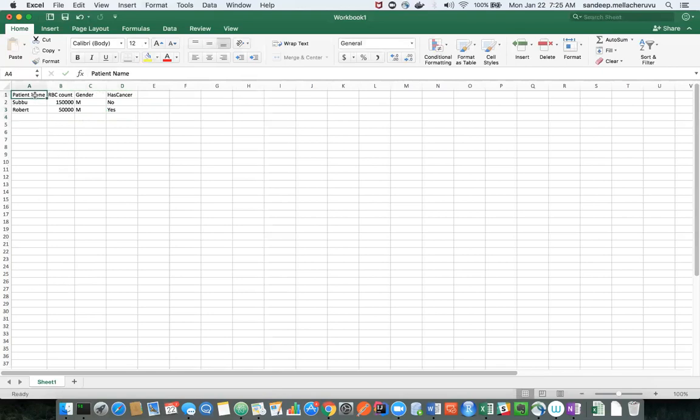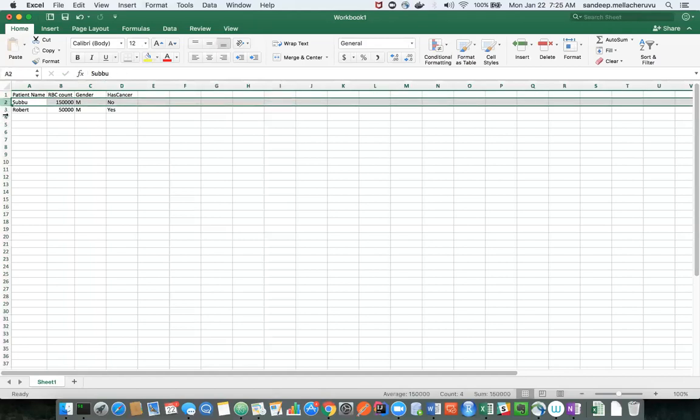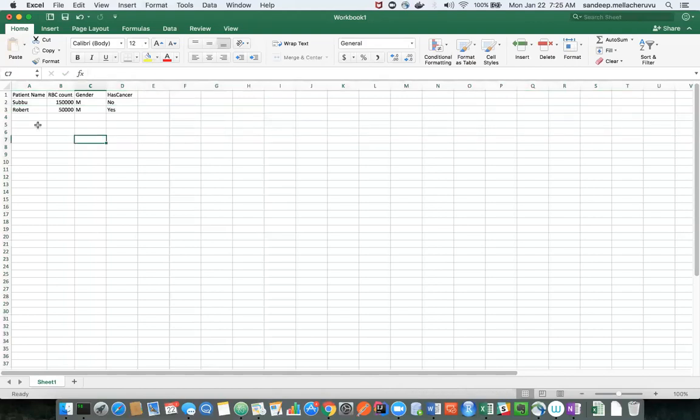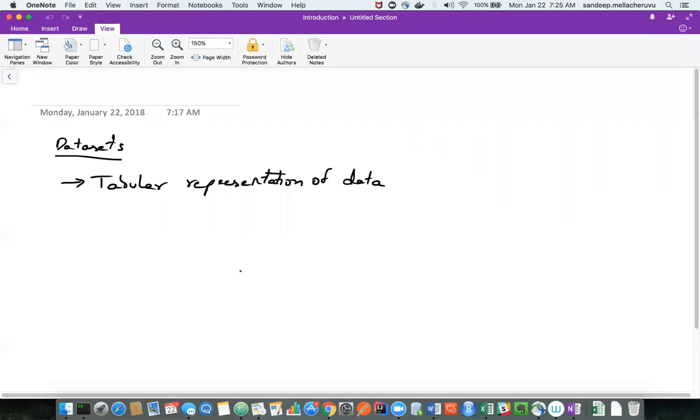So what you're seeing here is the tabular data structure. You have a lot of columns and a lot of rows, and each row has information on each of these columns. That's how your data will look. It contains rows and columns.